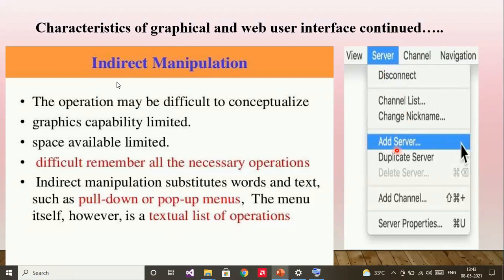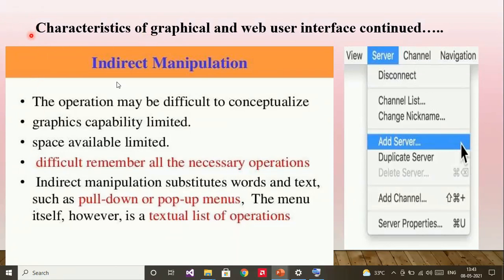Similarly, for example, take a general PPT window, where you have a save option. Maybe at the side of the window, you may see a save option. Save can be done directly using that icon which is present on the screen. Or else, you have to go for the file menu.